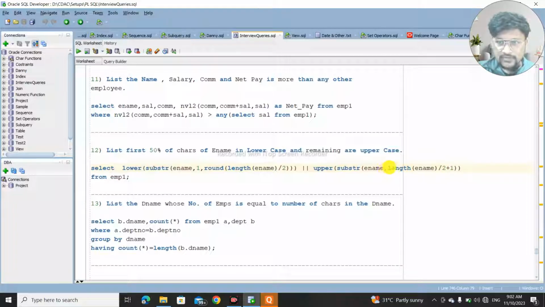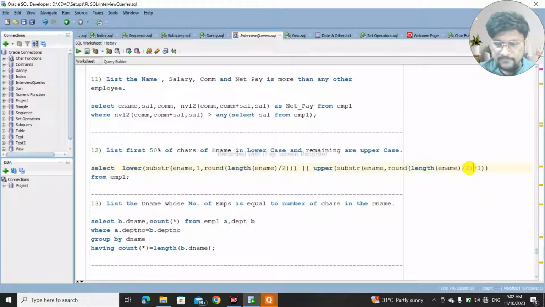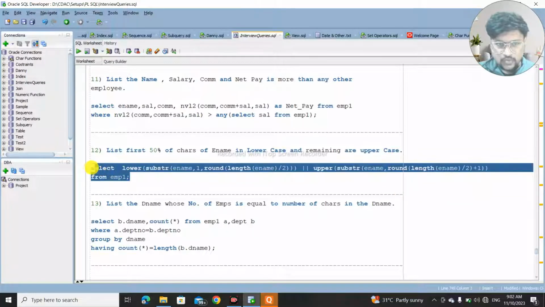Again, you can use a roundup function. So let's use a round function for this ename by 2, and we are adding plus 1. So let's see the output. If I run this,